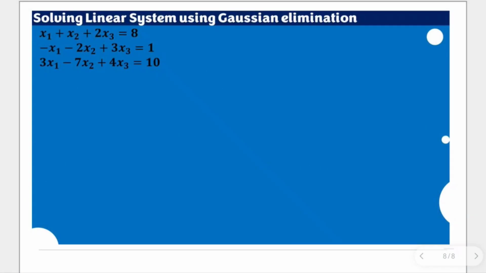So for this given linear system, we are tasked to solve for this using Gaussian elimination. Gaussian elimination, in other words, is a process of making a row echelon form of the equivalent augmented matrix of this given linear system. So let's start with creating the augmented matrix, which will include the coefficient matrix and the constants of this entire linear system. So this could be equivalent to this